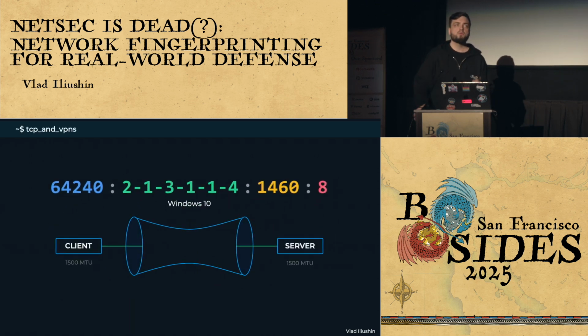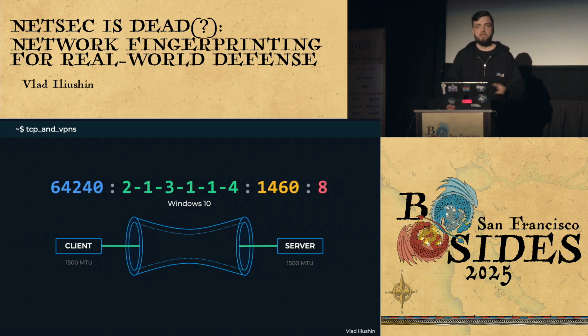How VPN tunnels can affect the connection. Usually, let's say you have a client, you have the server. On both sides, you have a network with MTU, maximum transmission unit, set to 1500, which is the de facto standard, and you have nothing weird going on between point A and point B. So when you use VPNs, you just encapsulate the underlying TCP stream into something else, which creates overhead.